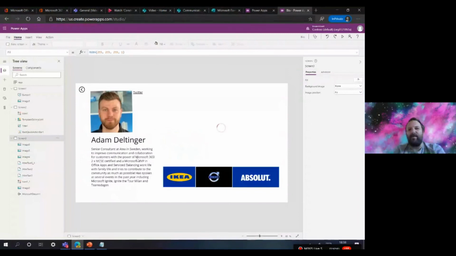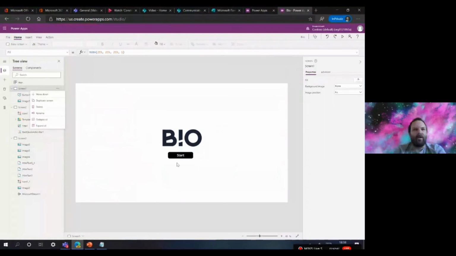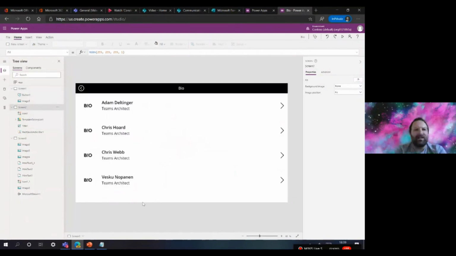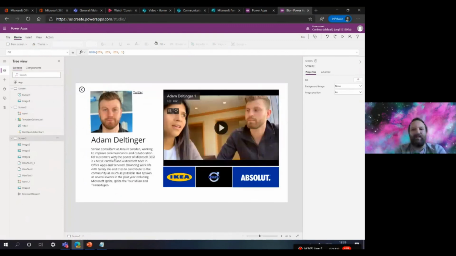This app is designed, as it is called, Bio, for all the biographies of people within the team. Teams does not have this functionality. You can see the team members, but you can't see any information about them, what it is that they've done, what projects it is that they've worked on. So I decided to create this app called Bio. As said, it's got a splash screen, it's got a name of all the people within my team, and then thirdly, it's then got their information, including a description about them, a video of their work, and the customer that they have worked with.